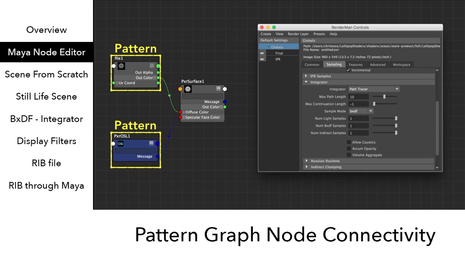I like using that, or it could be some of the built-in noise functions that ship with RenderMan or Maya, called PXR Fractal, PXR Noise, all these different ones. And those are all plugged into different slots into the PXR surface. So the diffuse color here, specular face color, etc. We can really plug them into anything that takes an input as a color or a floating point,